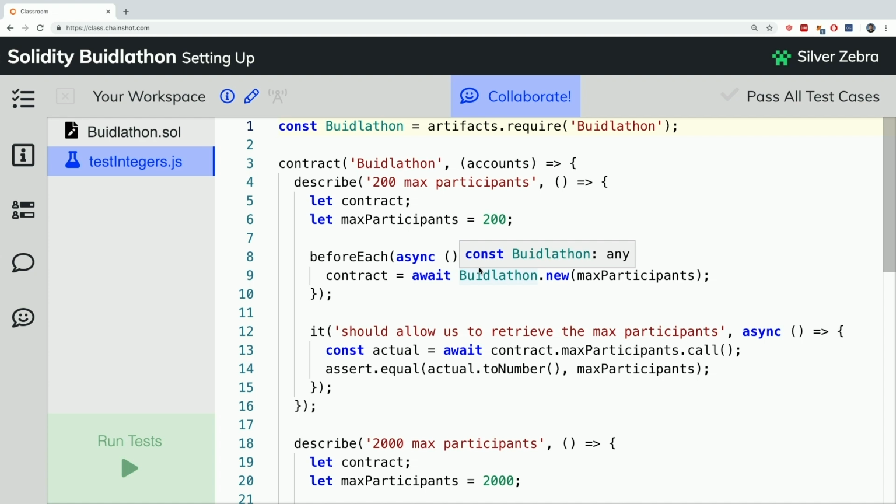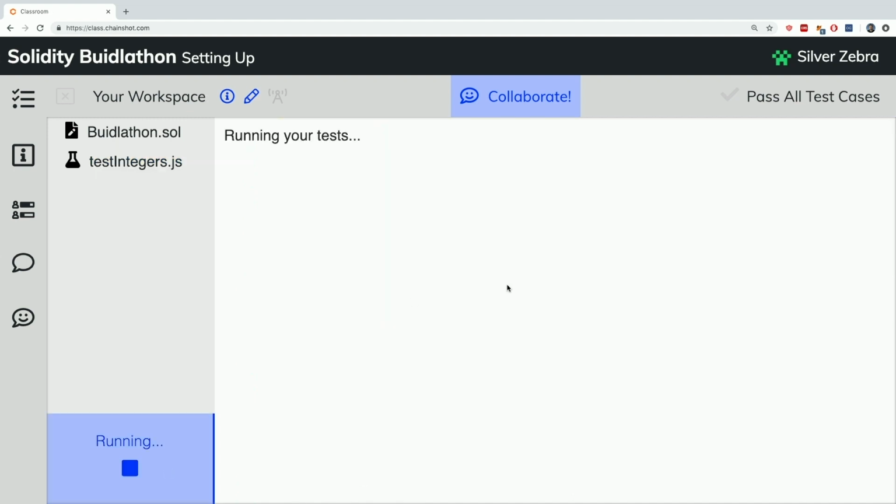Then what I'm expecting is us to be able to call out to the contract, wherever it lives on the blockchain, and say, hey, how many participants, or what's the max participants that we can actually accept? We're testing to make sure that matches what we passed in. So if I go ahead and run these test cases here,